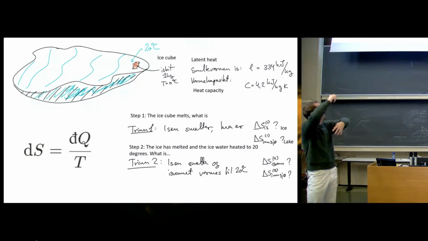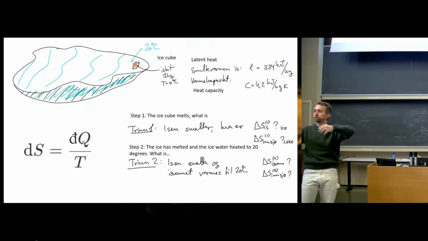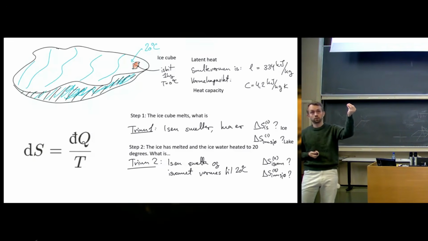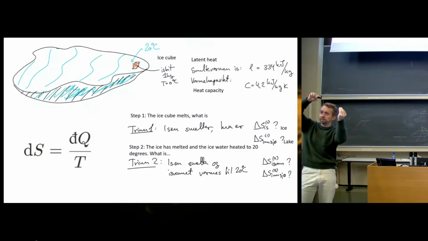Which means that for the ice cube, dq is positive. While it's melting, the temperature is always 0. And so I can calculate just by saying, how much heat energy do I need to melt the cube, divide by the temperature of the cube,